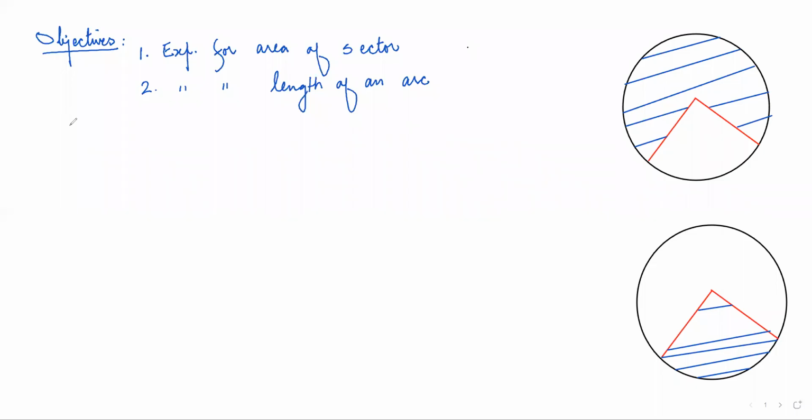Yes, students, today we are going to talk about sectors. What is a sector? Well, students, you see this is a circle with center O. We know these two red lines are the radius of the circle, right? Let us say these two radii have angle theta in between them, all right?